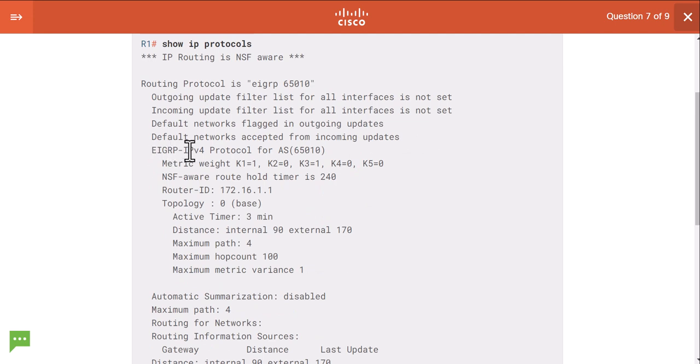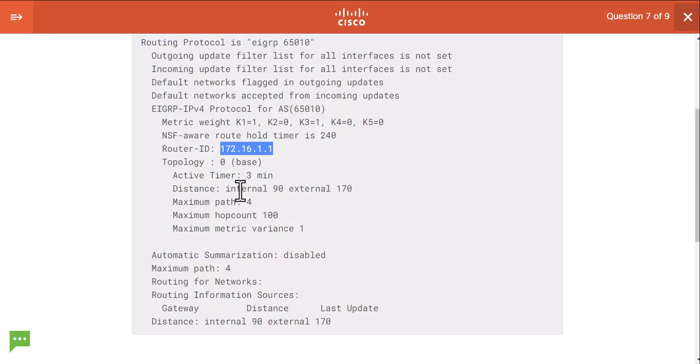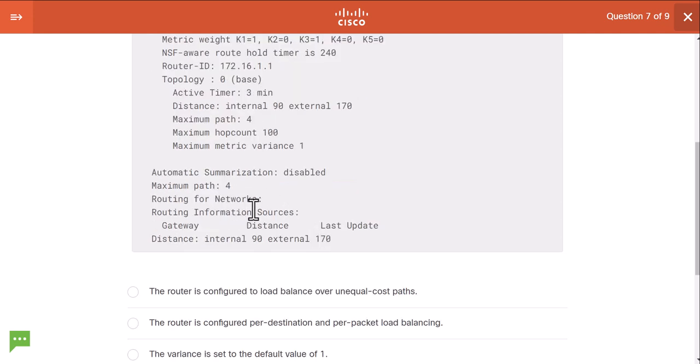We have it configured for IPv4 with default metrics. We have a router ID. It looks pretty standard, I guess, everything. Routing for networks here is empty, which means that actually there have been no networks added into this EIGRP, which means it will not be producing and sharing routes to its neighbors, because normally networks must be listed under